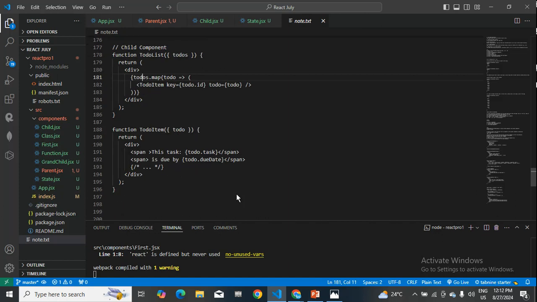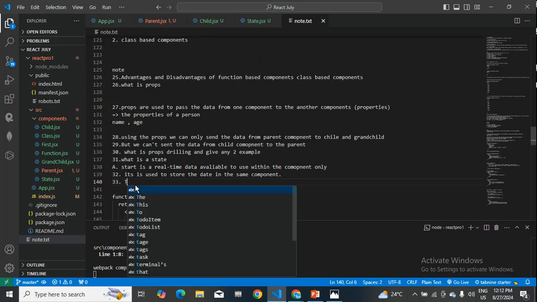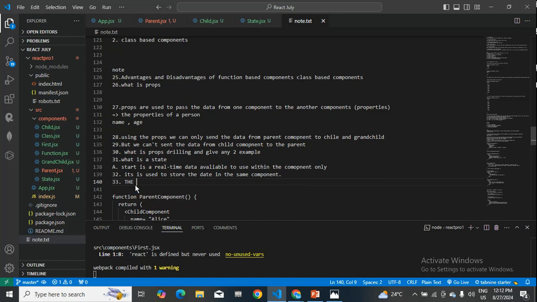I have already given one over here, but for rough reference, I'll give my own definition. The state can be used inside the same component